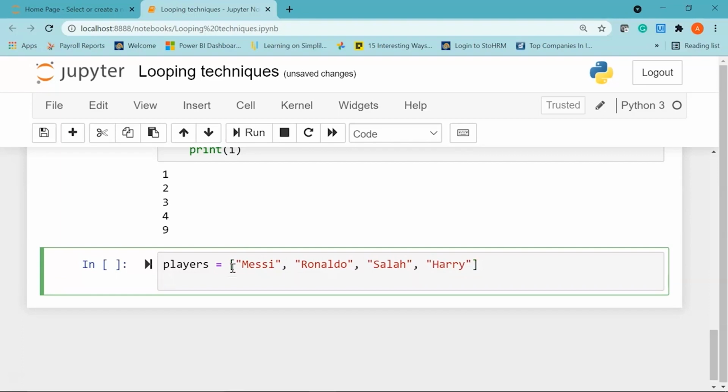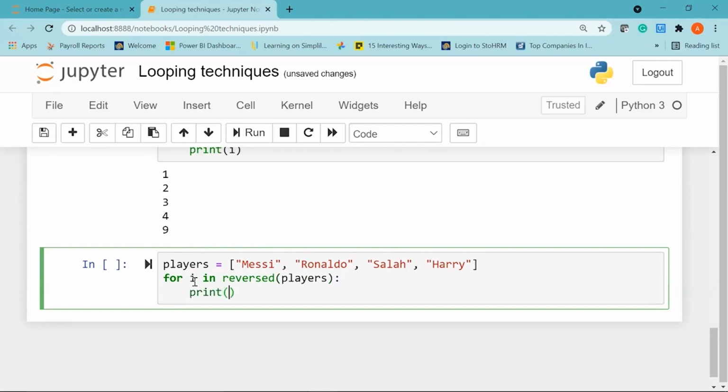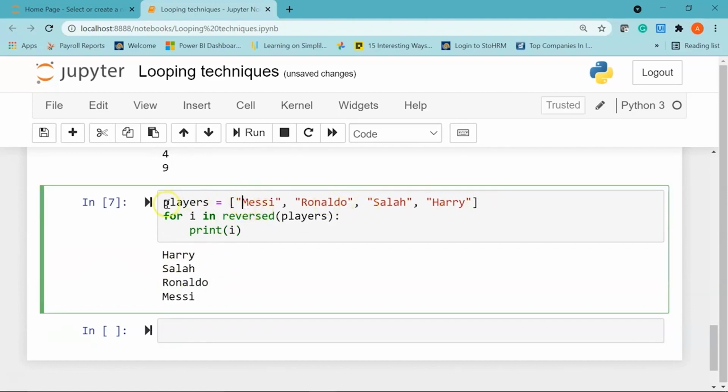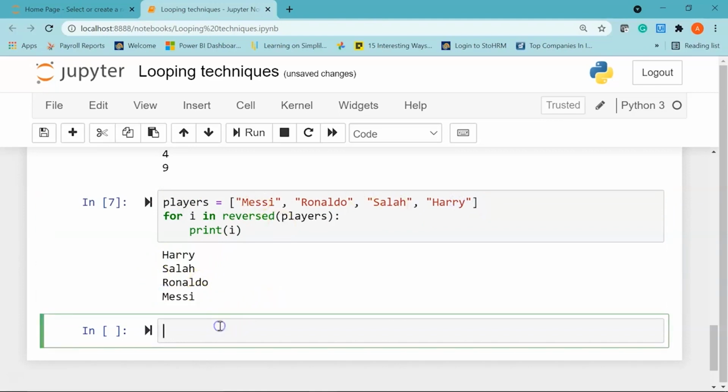Now to reverse the elements in this list called players, I'll say for i in, then I'll use the reversed function and pass in my list called players, give a colon and then say print i. Let's run it. Here you can see we have reversed the elements in my list called players. So we have Harry first, then Salah, Ronaldo and Messi in the end. Cool.